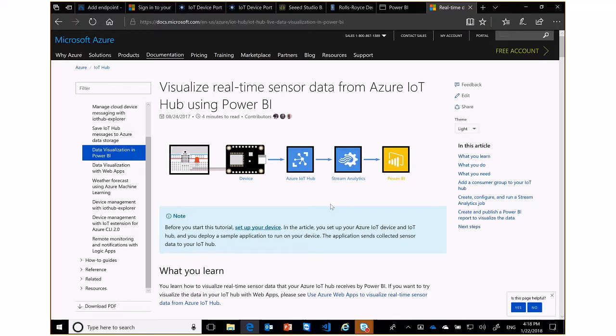So all the scenarios I'm showing you are really plain and simple: the information gets from a sensor to a device, connects to the Azure IoT Hub, and then, for instance, to get it to Power BI, we connect it to Stream Analytics, and the Stream Analytics then forwards it to Power BI. So we'll go through some of the scenarios you see here,